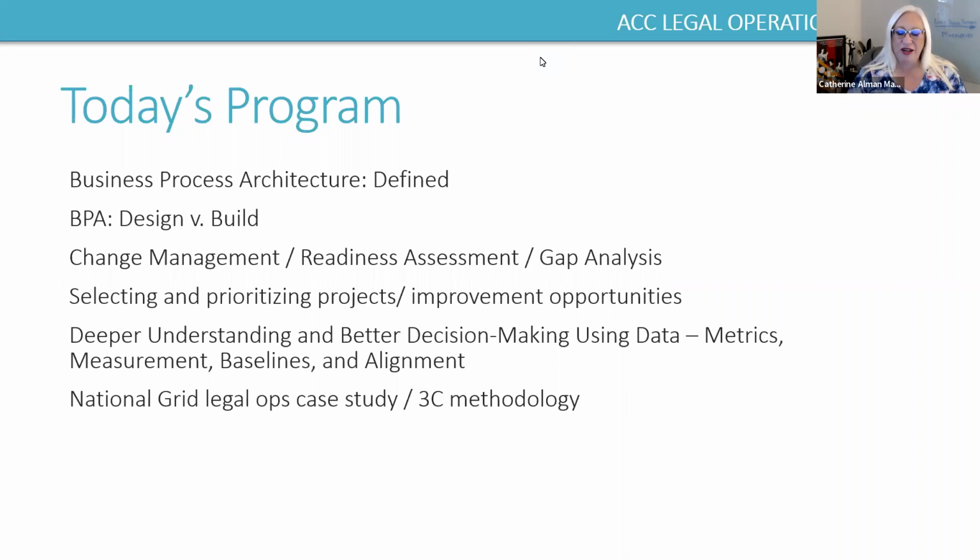Where to start in terms of understanding your organizational readiness for business process architecture, the change management components that we need to consider and keep in mind, how we might select and prioritize our projects.